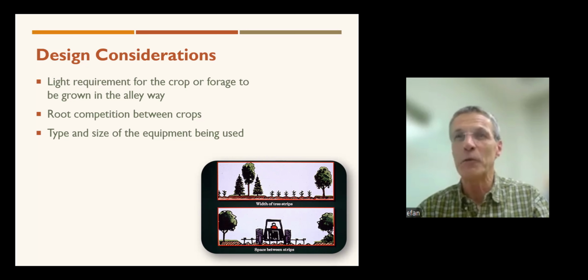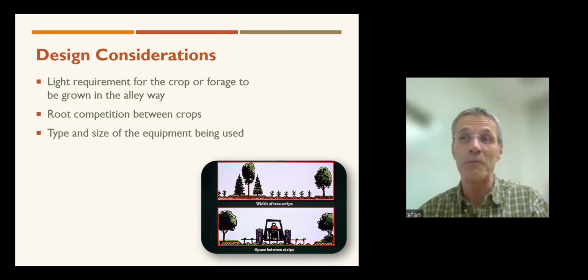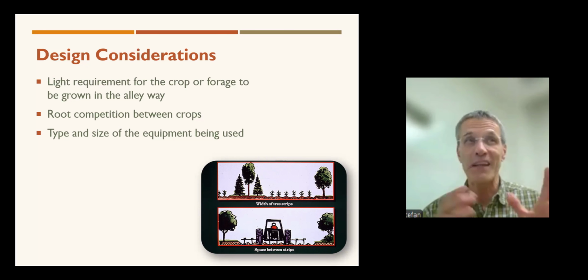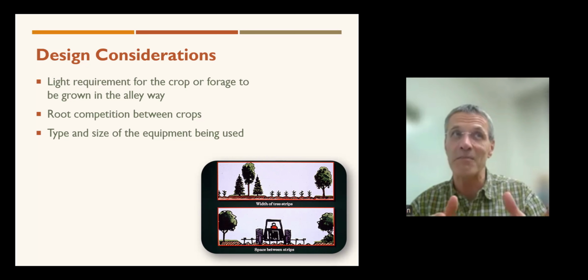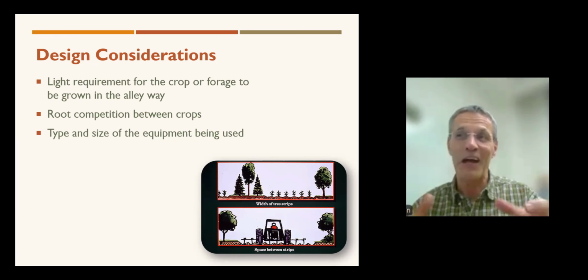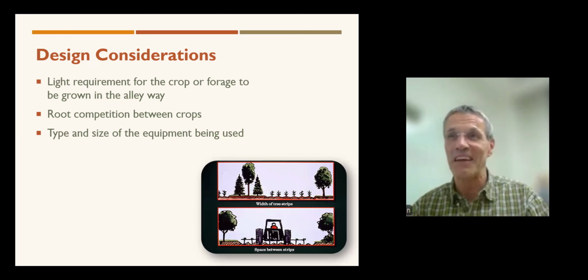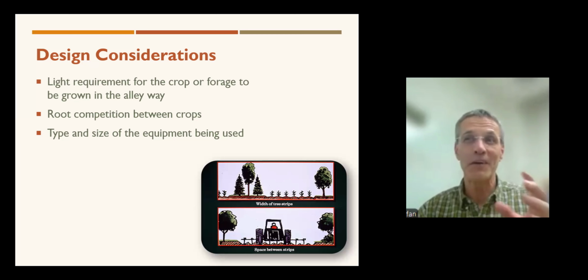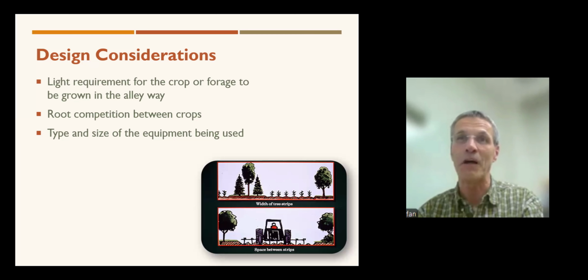And then if you are in a system where they use a lot of equipment, you have to adapt your equipment, and you have to even think about what spacing you use, because that's what I did in my system. I always thought about how wide is my tractor? Can I get the tractor through there? And how wide is my tillage equipment? Can I get that through there? And how wide is my planting equipment for the corn? You have to be mindful of all of that.